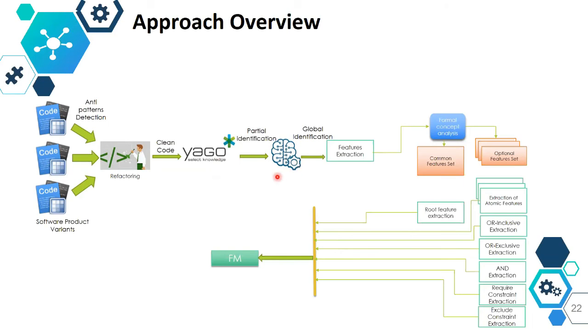artificial intelligence algorithm to make the global identification. But sometimes it's possible to identify the different concepts using the Yago only, without any need of optimization using the artificial intelligence algorithm. Okay. After extracting the different features, we are going to identify the common set, the optional set, the mandatory features, and so on. The purpose here is to